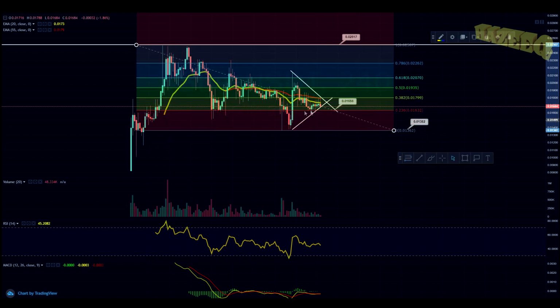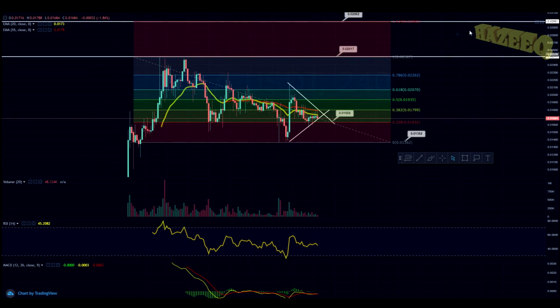Just like that. So as you can see, we are above the 0.236 level. That is good, but we are wicking up to this 55 EMA. We are being suppressed down by the EMAs. So we want to have a bit more volume coming in to punch through those fib levels, because like I just explained on the Orion side of things, we do have these levels that you want to get through,